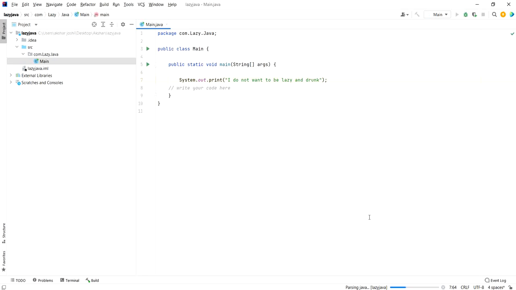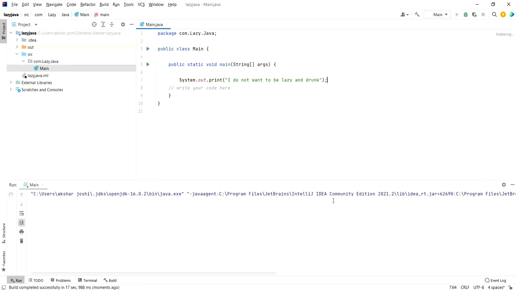It's happening very slow. Okay, so you got the output. It's saying I do not want to be lazy and drunk. So that's it. You can modify here anything. You can just say I want to be lazy and drunk. Doesn't matter.